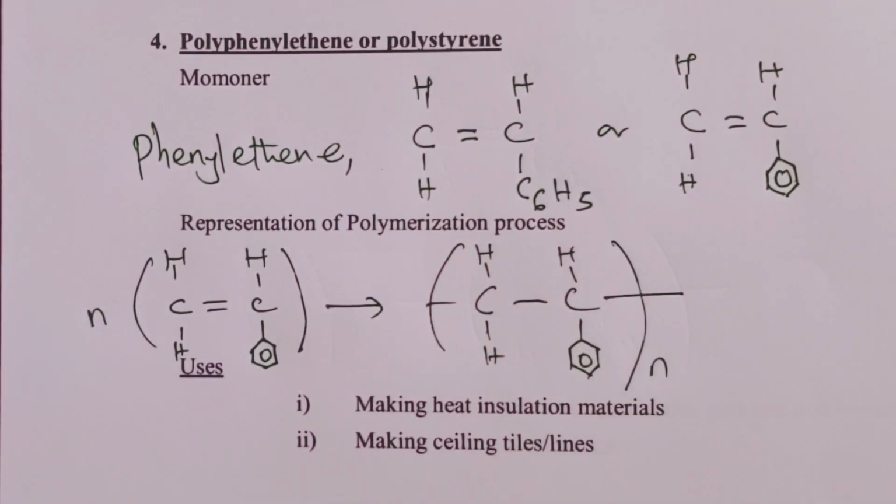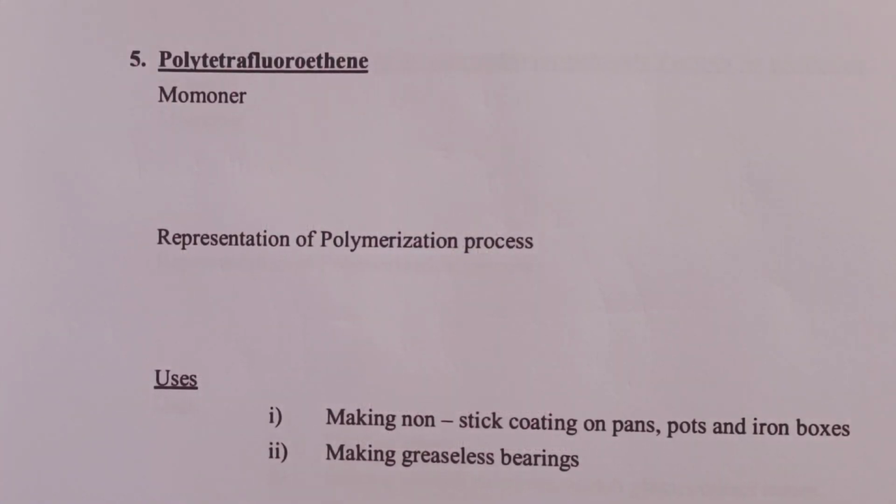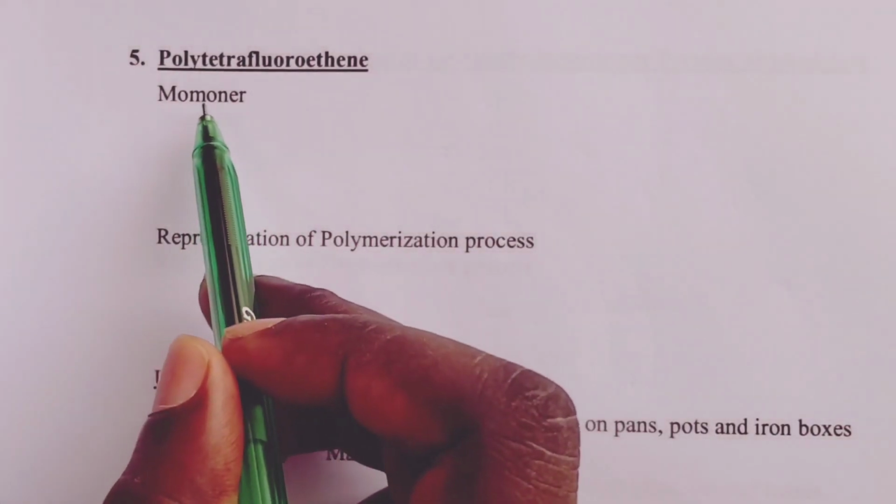Quite easy to do. From polyphenylethene, or polystyrene, we make heat insulation materials. We also make ceiling tiles, which are also called ceiling lines. Our fifth polymer in the category of addition polymers is